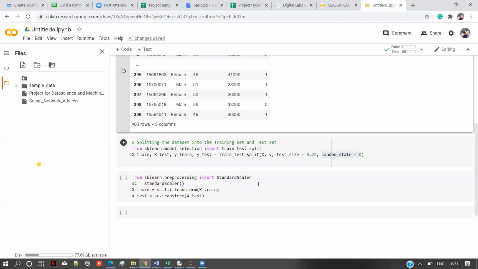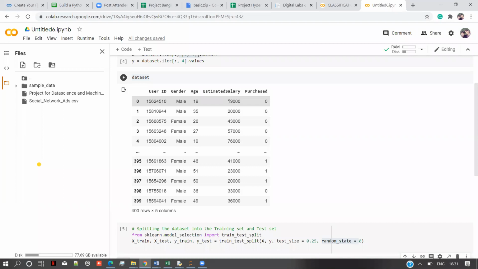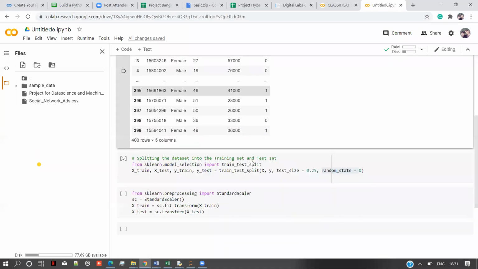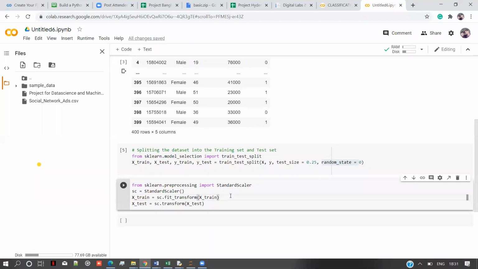Now in the next step, as we see the values, estimated salary ranges from least value 1900 to maximum value 76,000. It makes a lot of difference, right? So we scale it. Scale is nothing but for minimum value you'll get 0, for maximum value you'll get 1. Now see, for example,